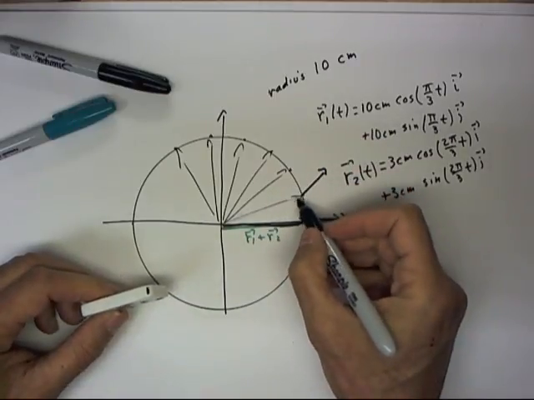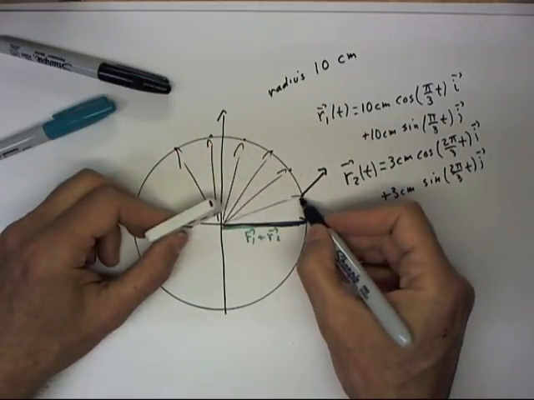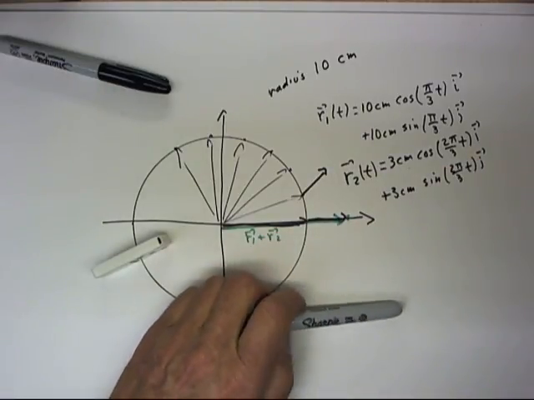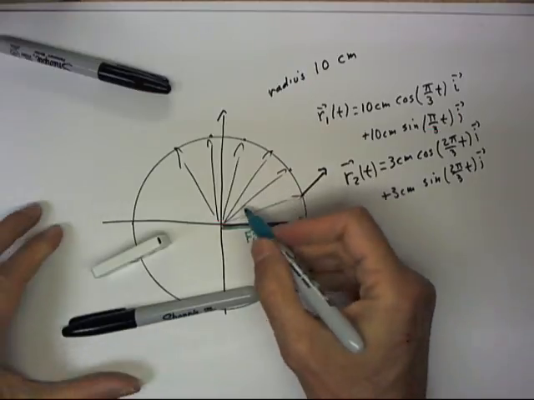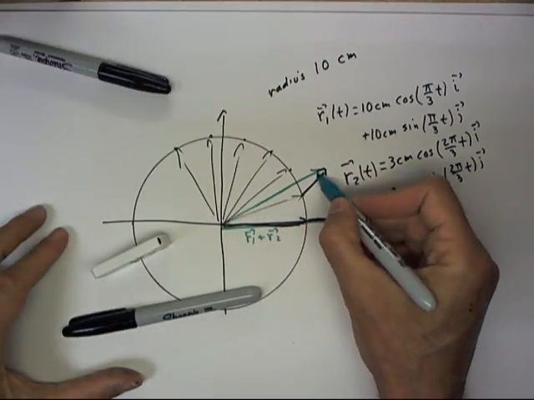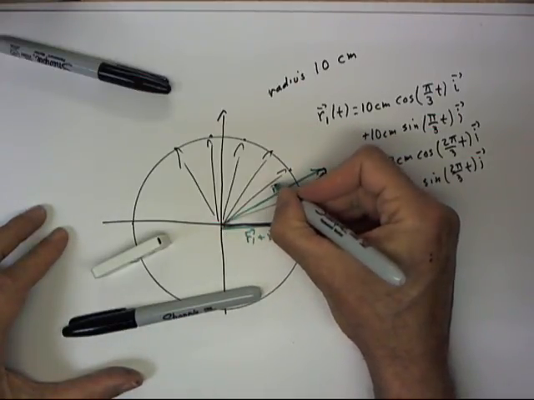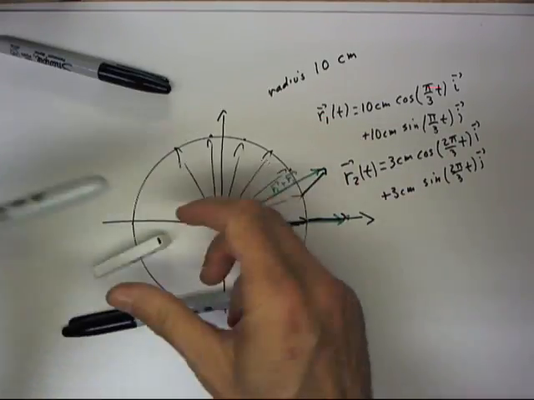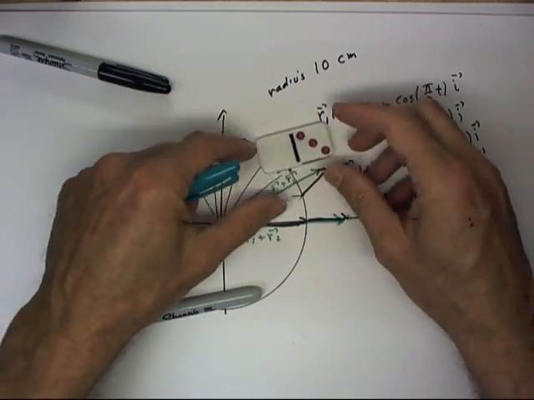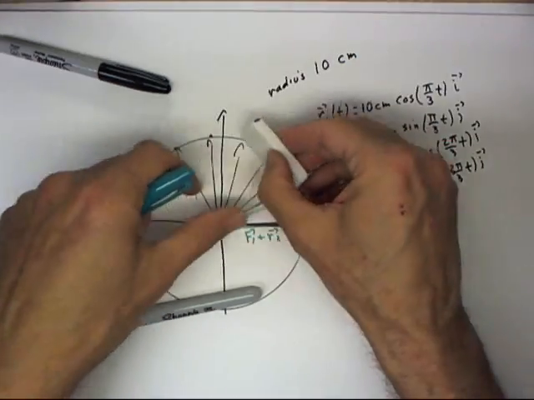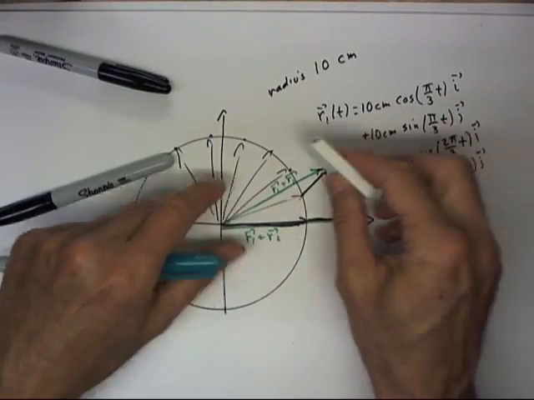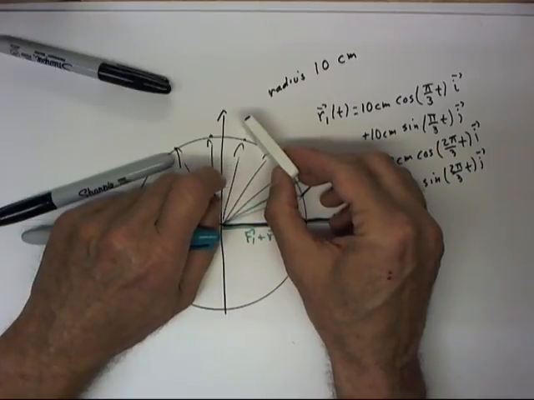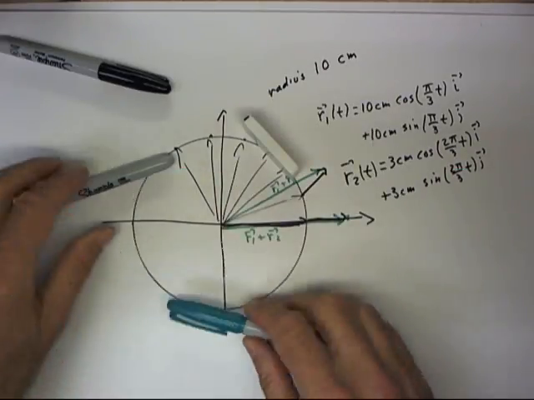then when we get here, this thing will be at an angle that's twice as great as this angle, and that would be what our function would tell us, and we would have our r1 plus r2 vector here. If we continue to rotate, and I'm not going to draw a vector for every one of these, if this thing continues to rotate at twice the rate of this, then this angle will always be double this angle, so that by the time we get here, our point might be out here,